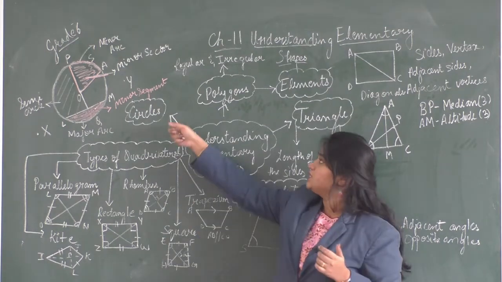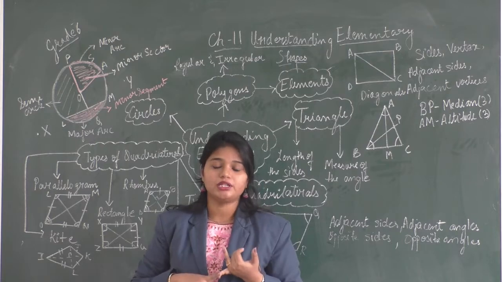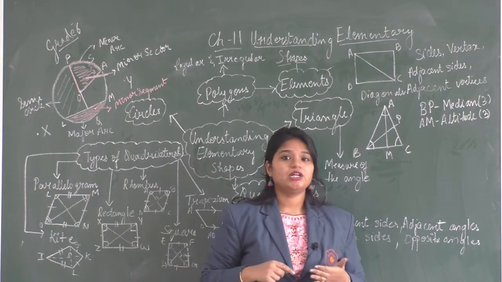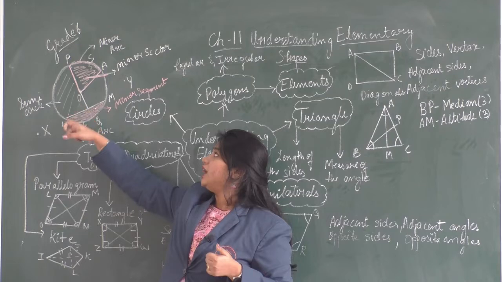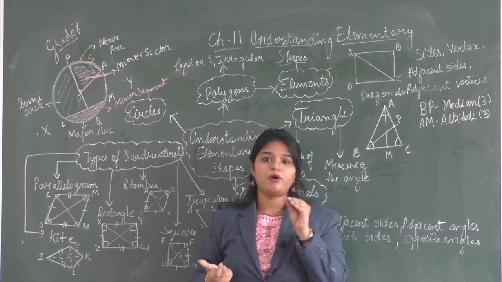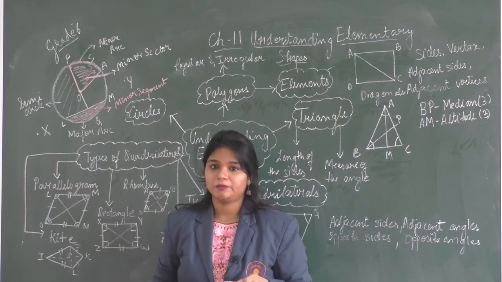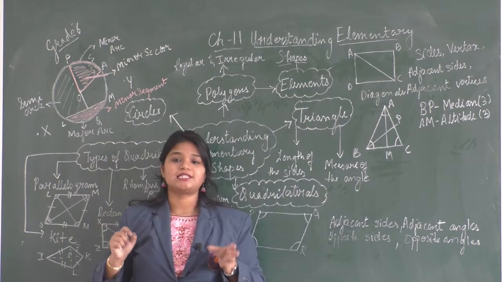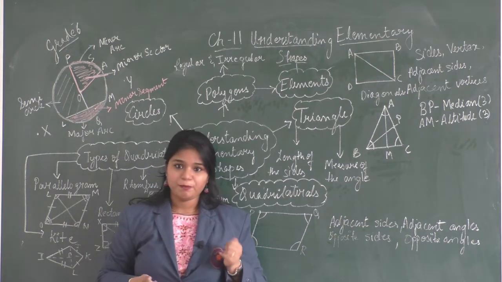Last we learned about circle. Now circle is a closed figure which is not a polygon because it is not made up of line segments. Under circle we learned about parts of a circle. Let's start with the center. Now center of a circle can be named using any alphabet. The center point is equidistant from all the points on the circumference of the circle. What is circumference of the circle? The boundary of the circle is known as the circumference of the circle and it has infinite number of points.